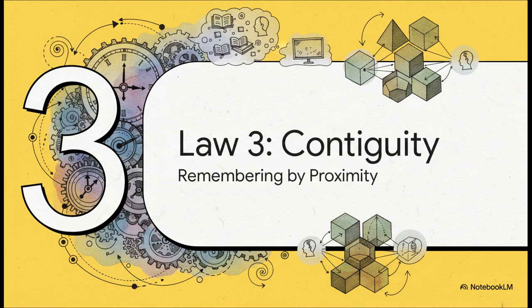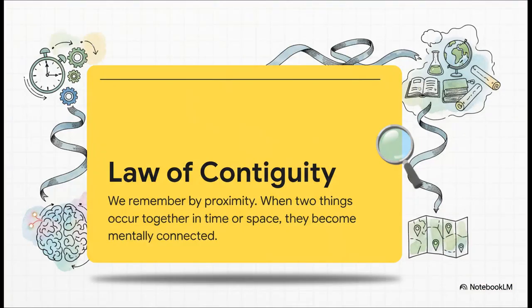Aristotle's third and final law is all about proximity. It's about how things that happen close to each other, either in time or in space, get kind of fused together in our minds. He called this the law of contiguity. And it's pretty simple. If two things happen together, your brain connects them. This can be about sequence, one thing happens right after another, or it can be about location. Two things are experienced in the same physical place.